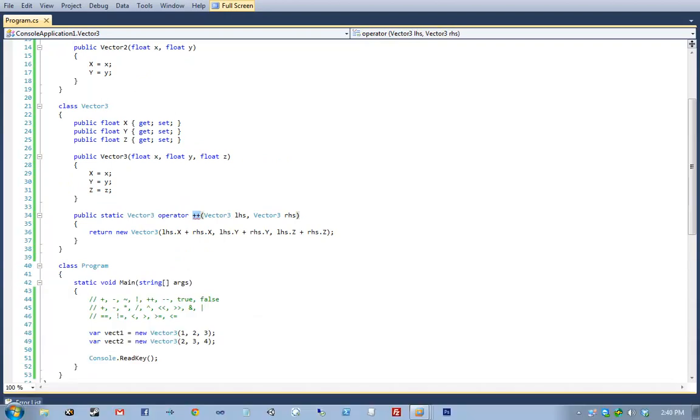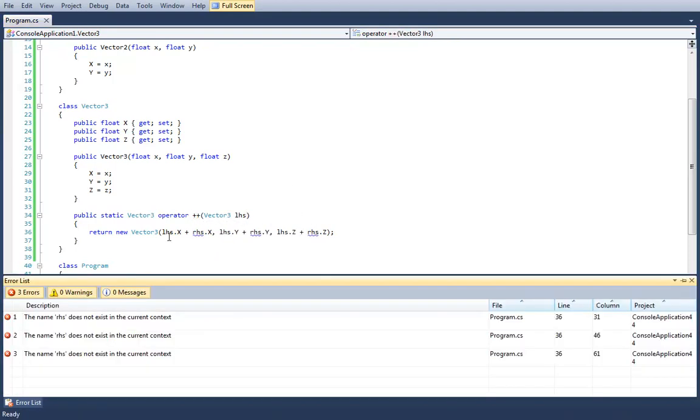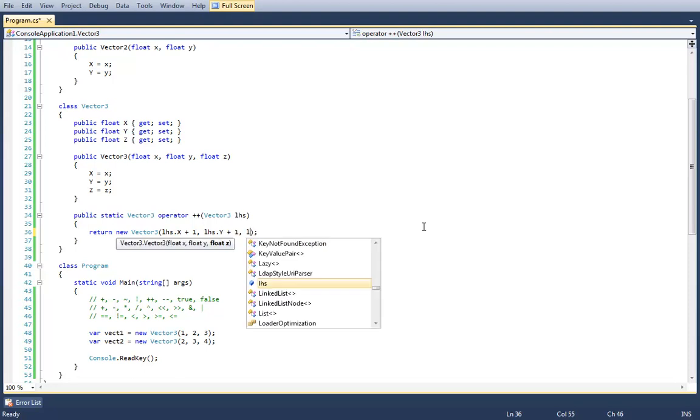Now, first of all, this is a unary operator, so we only have an LHS. And then second of all, we're going to return an LHS x plus 1, LHS y plus 1, LHS z plus 1.